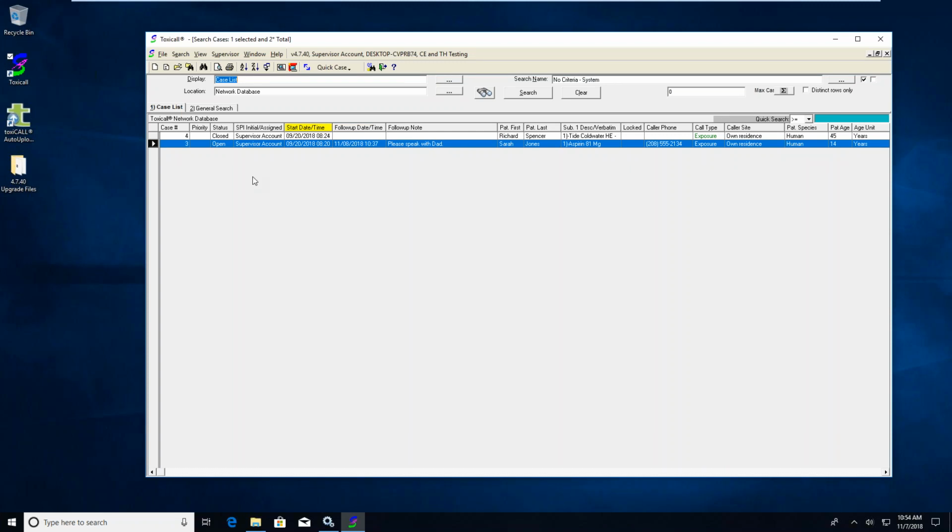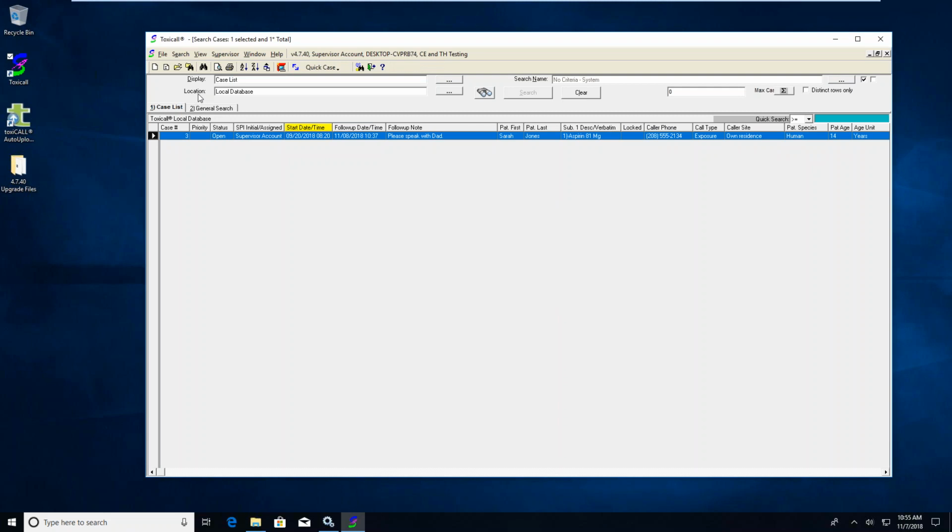Okay, Heather, so what we're going to do here is we are in toxiCALL under just normal operating conditions. We're going to select a case or cases that we would like to download to our local database to continue managing while we perform the upgrade. So I'm going to select case number 3 here. I'm going to come up here and select the download icon. It'll tell me that one case was copied. And when I select OK, notice now our location switches to local database, and we definitely have that case now on our local database. From this point, we're going to click on File,